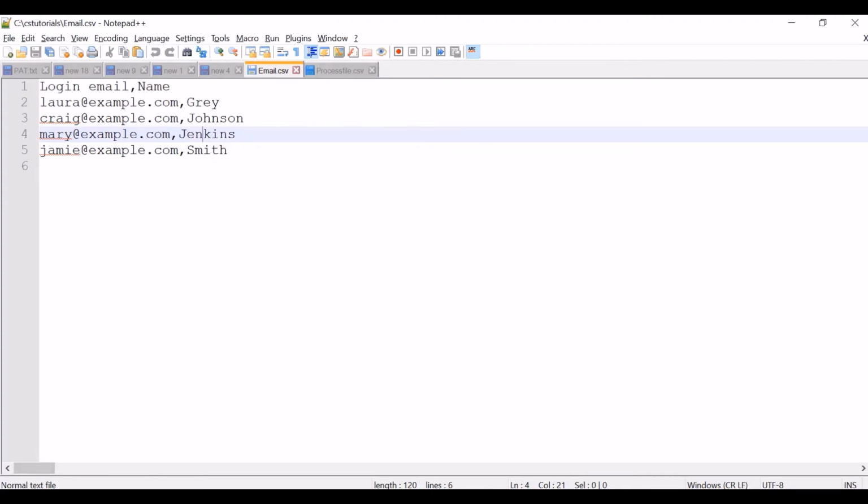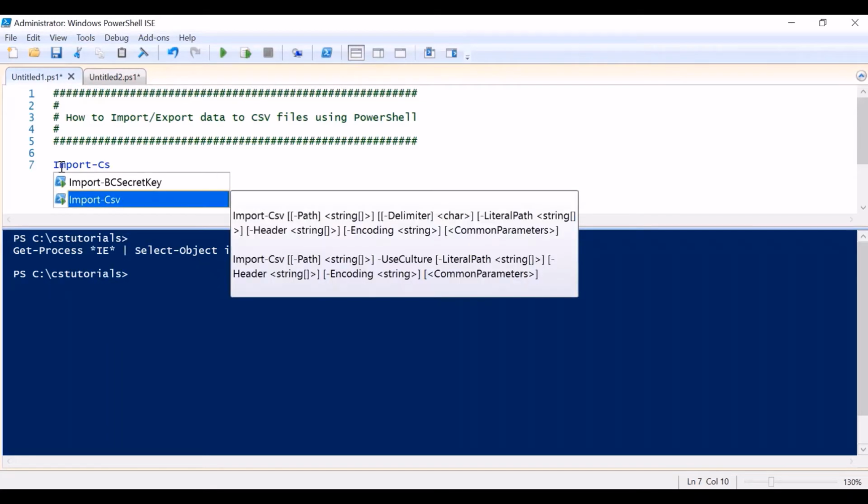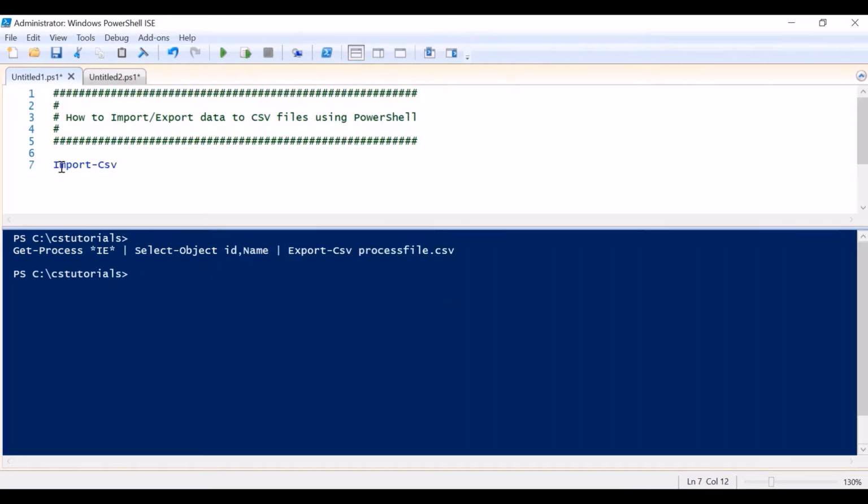Now let's move to our PowerShell. First of all, we will see how we can read data from a CSV file, or you can say how to import data from CSV. For that, we have the command Import-Csv. After that, we'll pass the file name.